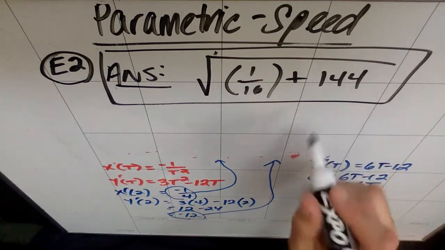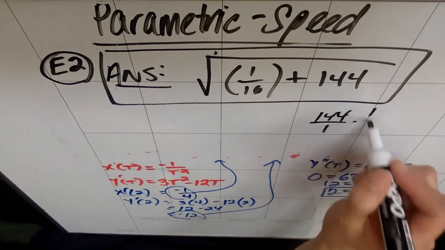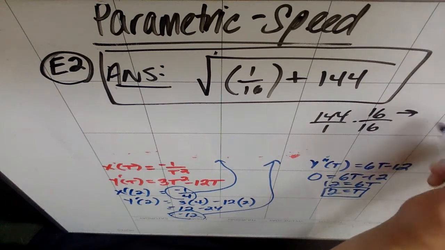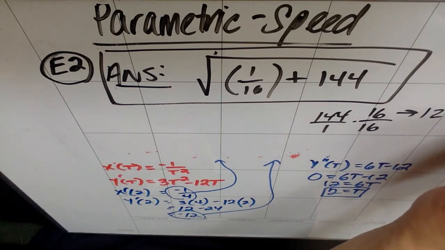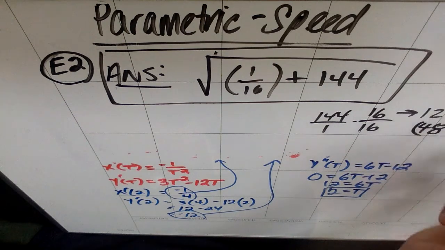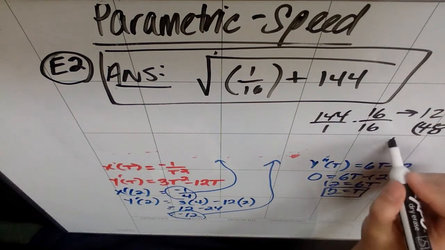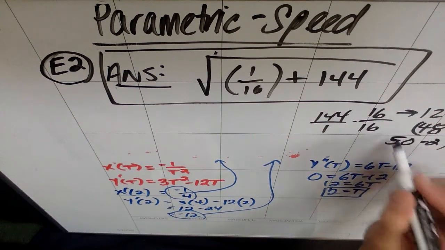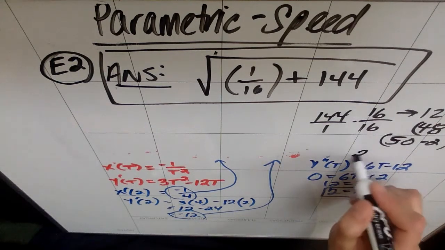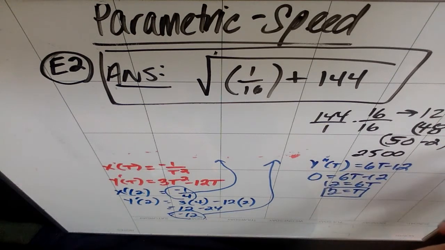If I were to do that, I would recognize that this 144 is actually over 1, and I'd multiply by 16 over 16. I don't really feel like doing 144 times 16, but I will, because here we are. The easiest way is probably to recognize that this is a 12 times 12 and a 4 times 4, so it's actually 48 quantity squared, because it's 12 times 4 times 12 times 4. I'll do this as 50 minus 2 and FOIL out 50 minus 2 times 50 minus 2. 50 times 50 is 25 with 2 zeros. Outer is minus 100, inner is another minus 100, and last is plus 4. So I think that I get